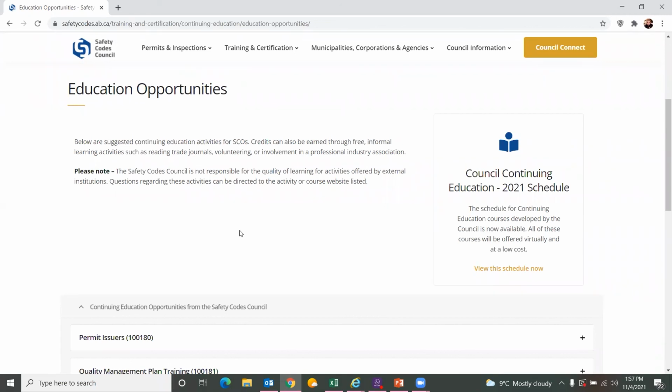Usually before any of the workshops become available, we also send out email information to the SEO. So just make sure that you are on our newsletters and that you're receiving emails from us. Usually whenever there are upcoming opportunities in the next month, our communications department sends the schedule to you and the link to register. It's either going to be a link to register for a Zoom meeting like this one, or it's going to ask you to go into your Council Connect and register through your Council Connect. Usually those instructions are sent at least a month before something is coming up. So just keep an eye on those emails.